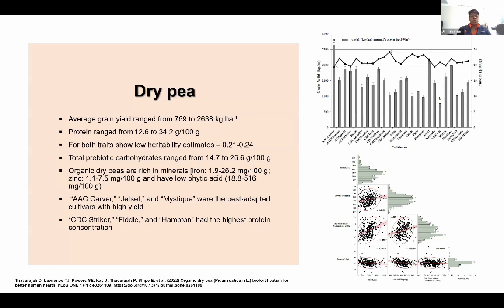So a little bit about the results. The cultivars we tested were from conventional lines, and we see the data range from 700 to 2,500 kilograms per hectare. Some varieties like AAC Carver from the Canadian program are wonderful, but we had to watch for the organic system, and because of the duration of our growing season. And if you want to grow something for protein, CDC Striker, which is also from the Canadian program, developed by Dr. Warkentin, has wonderful protein quality for the